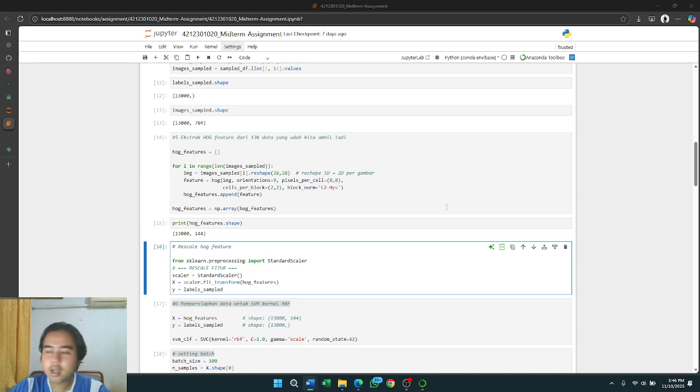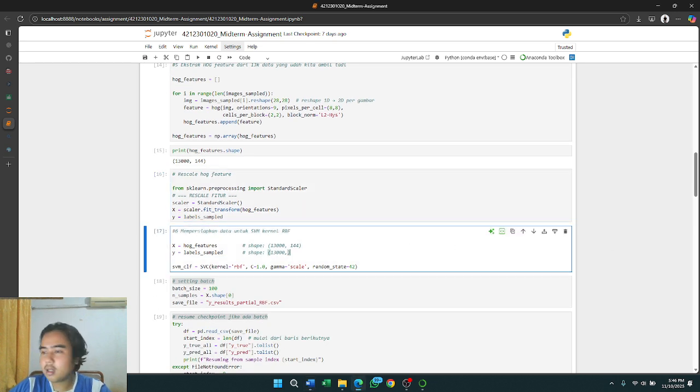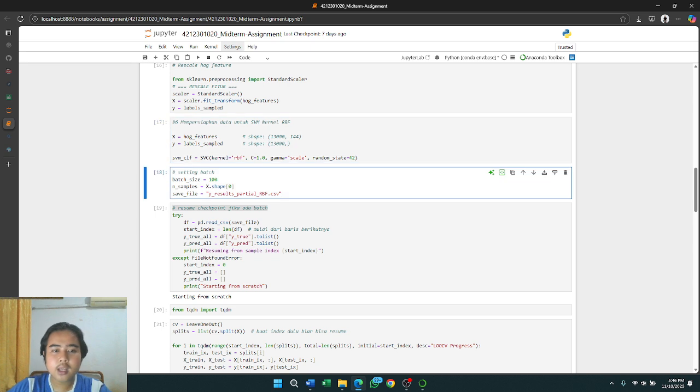Next, in this cell, the program snippet above serves to prepare data and the SVM classification model using the RBF or Radial Basis Function kernel. Next, in this cell, the program snippet above functions to set batch processing parameters before running the SVM model training or testing process.